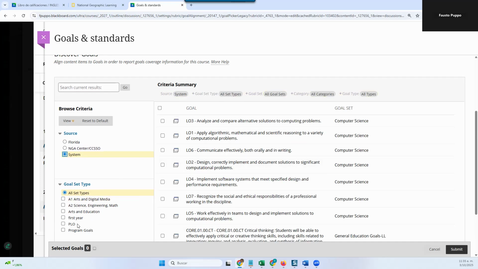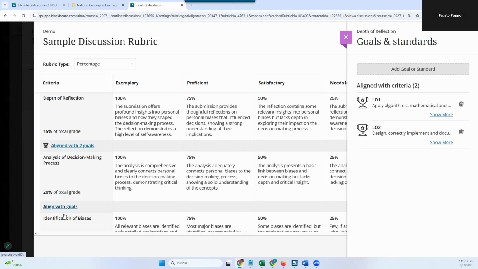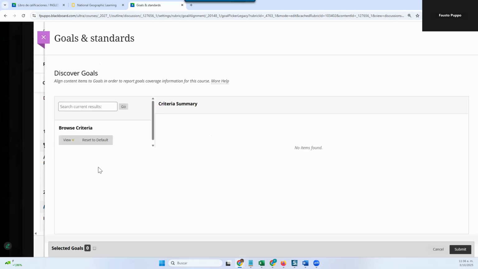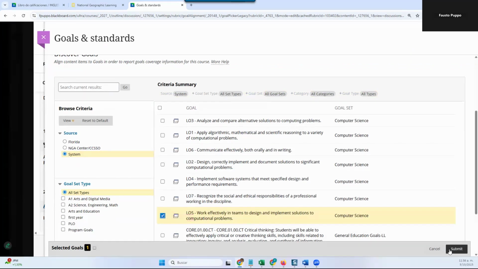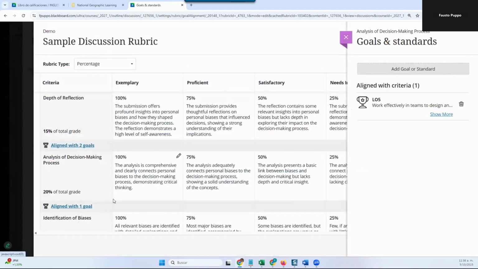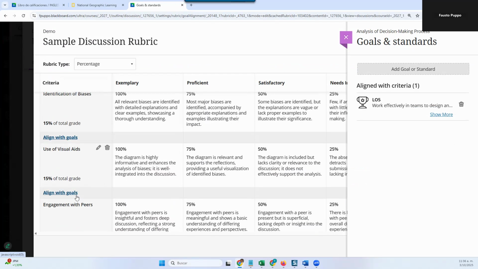So here I have this, for example. You see the different programs that you will have access to. Let's say this one aligns with these two. And now this other criterion aligns with, let's say, this one. And perhaps certain criteria are not aligned with any goal in particular. So this is a lot more accurate. It gives you a much more accurate representation of students' progress towards goals than aligning the whole discussion with